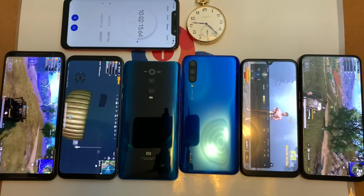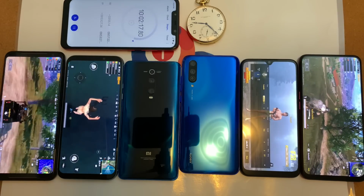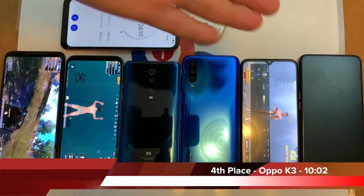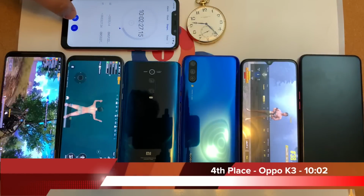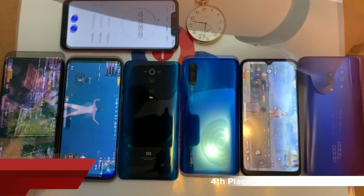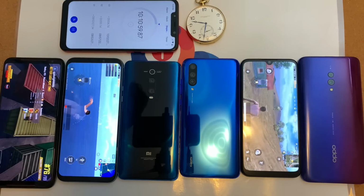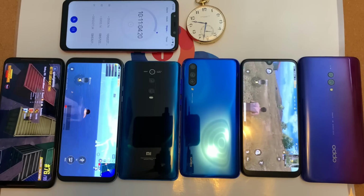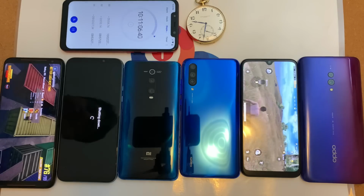And hot on its heels, the next casualty of this test is coming. I feel it. There it goes. The Oppo K3 kicks the bucket in 4th place at a time of 10 hours and 2 minutes. It did pretty well in this test considering its smaller battery size here, and it did better than the CC9 and Mi 9T. But one of the gaming phones is gonna go next, because it was at 1% earlier, and